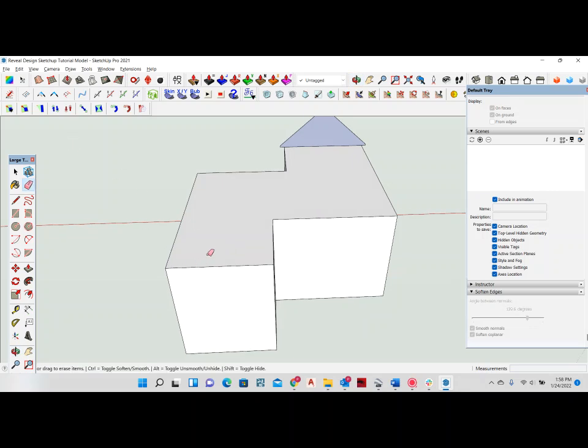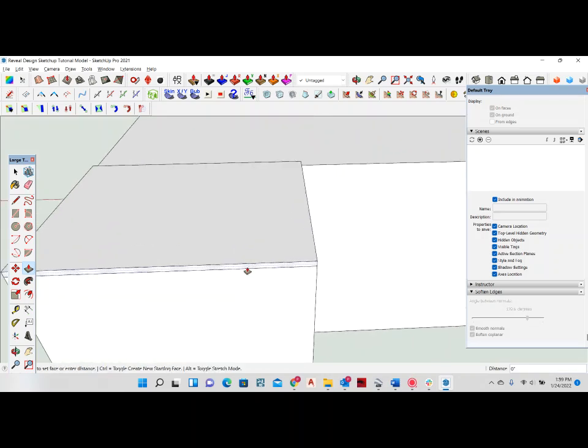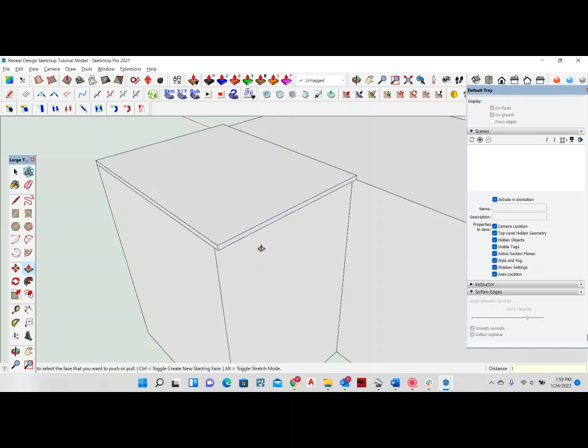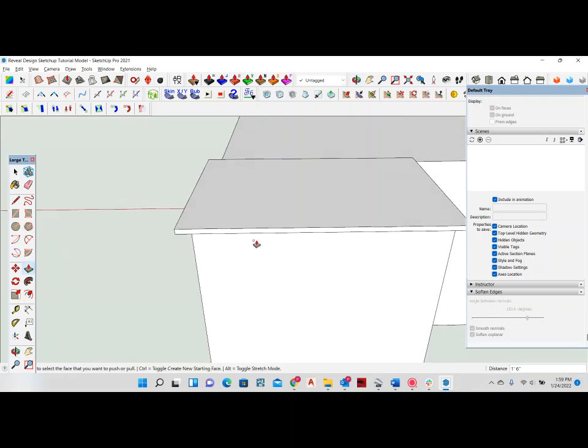In this version, I'm going to do something different so you can see a different way of doing this. So here's just a rectangle tool. I'm going to bring this out. This is on the outside of that group. I'm going to go ahead and select this. Double click, push pull, 6 inches, and then we're going to pull this out on this side 18 inches. We'll pull this out 18 inches on this side, and then we're going to use our line tool again,